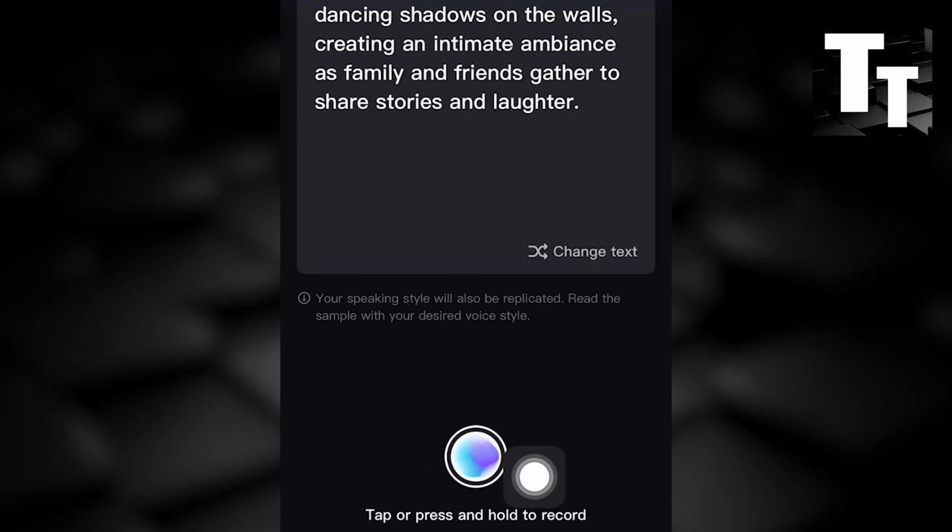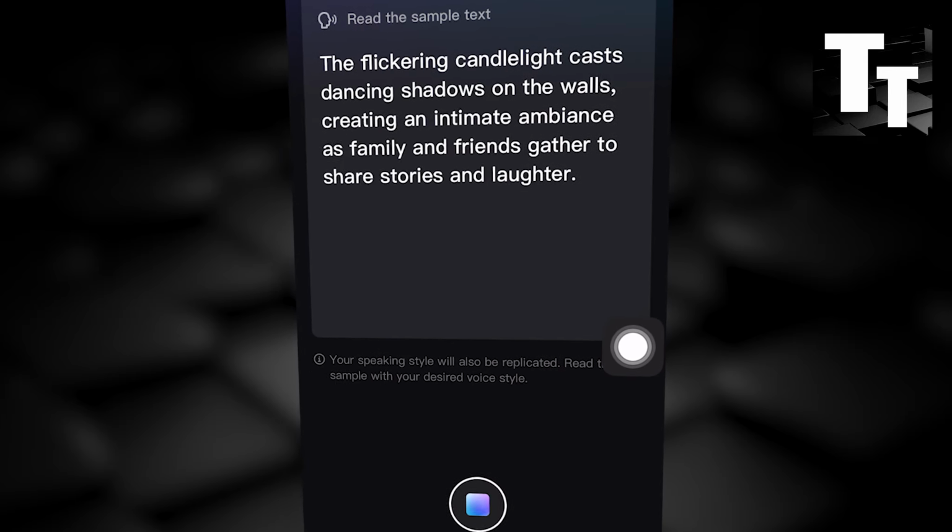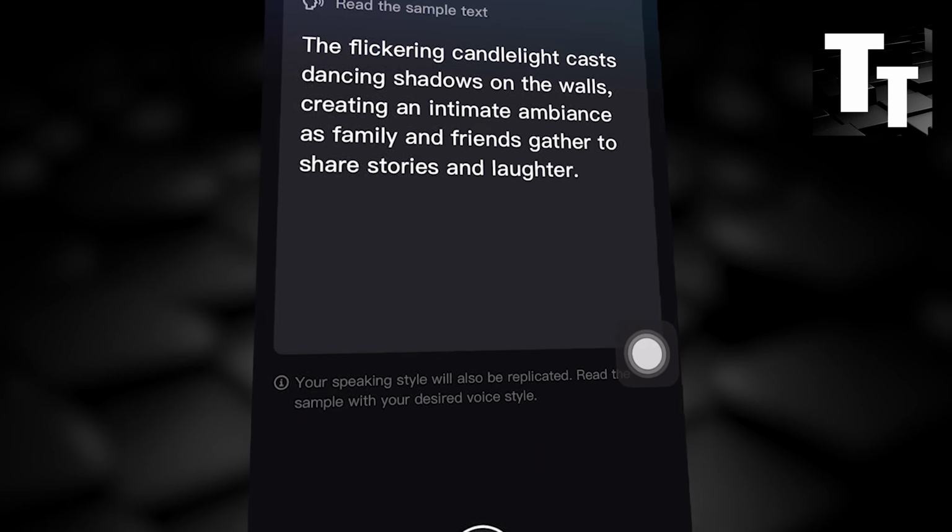Your microphone is access. Creating candle lights cast dancing shadows on the walls, creating and see this is going to